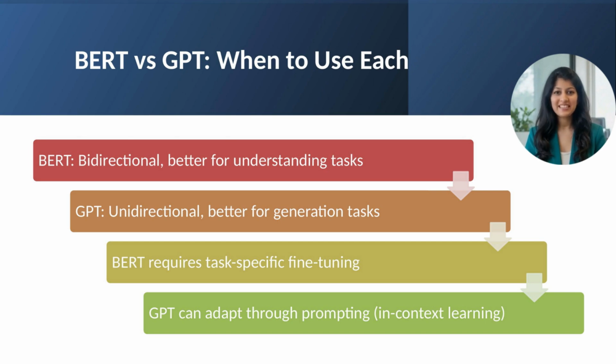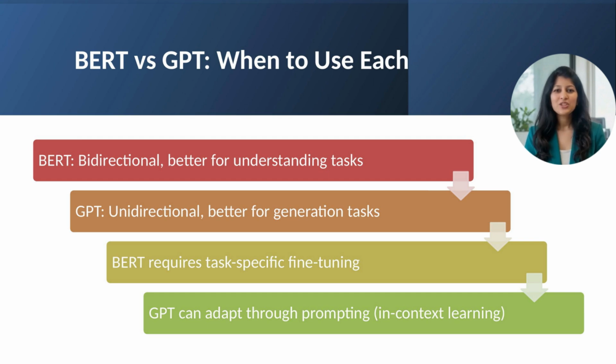Architecture: BERT is an encoder. Bidirectional attention processes the full input to create context-rich representations. GPT is a decoder. Causal attention processes left to right for autoregressive generation. This fundamental difference drives their strengths. Pre-training: BERT uses masked language modeling with bidirectional context. GPT uses standard language modeling with only previous context. BERT sees more context during training, but GPT's objective aligns naturally with generation.